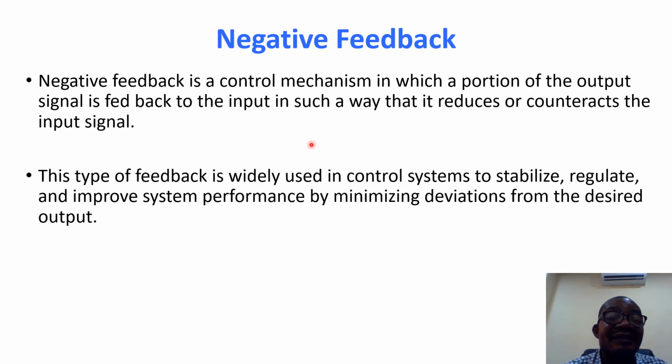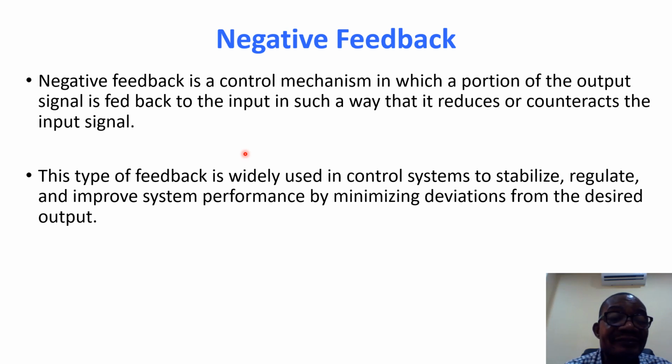Now let's look at negative feedback. Negative feedback is a control mechanism in which a portion of the output is fed back to the input in such a way that it reduces or counteracts the input signal. So you can see the difference between positive and negative feedback. In positive feedback, yes, a portion of the output is fed back to the input, but the purpose is to boost the output rather than reducing the output. But in negative feedback, when we feed back a portion of the output, the purpose is to reduce or counteract